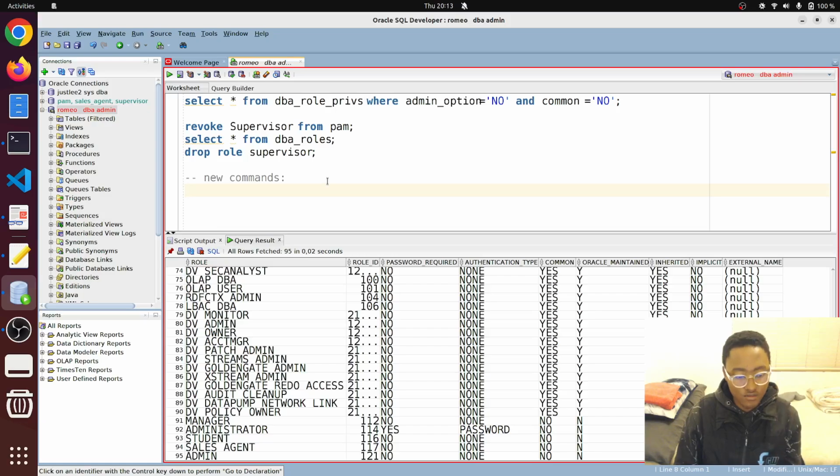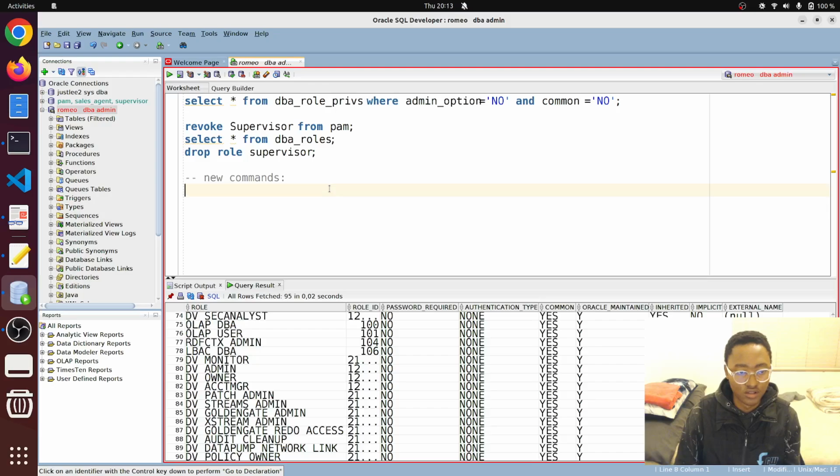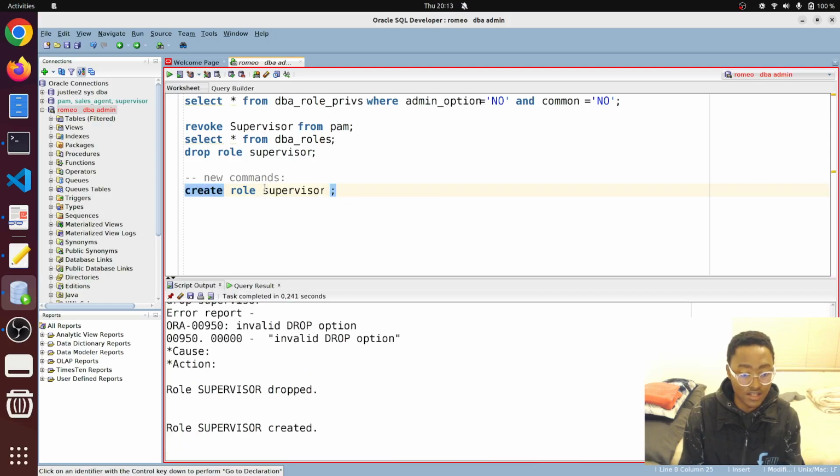Let's first start off by creating the actual role. If you remember, create role supervisor, and then create it like that. We've created the role supervisor. Now we can set a password for this role called supervisor,